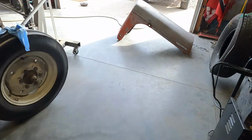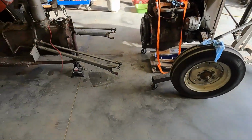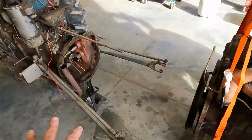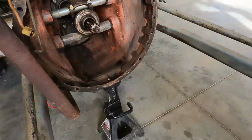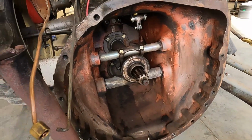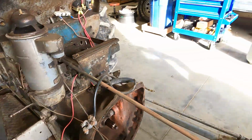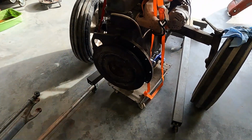tools are put away. This gas can needs to be moved out of the way. Got the jack out from under it for now. I got it on a jack stand. Went ahead and cleaned most of the gunk out of the bell housing area, I guess you would call that. I am going to go ahead and we're going to start to clean that clutch material off,